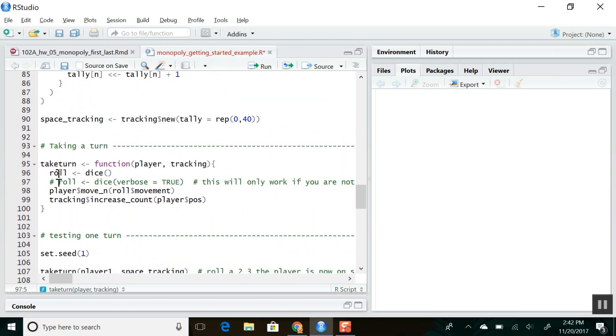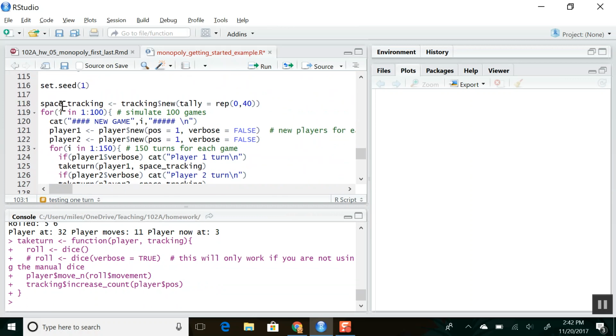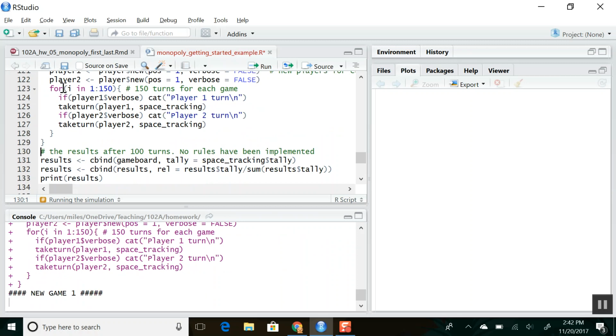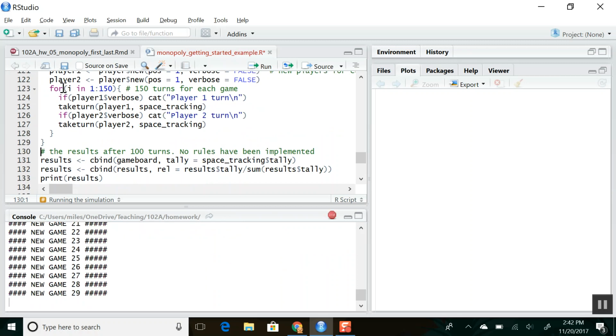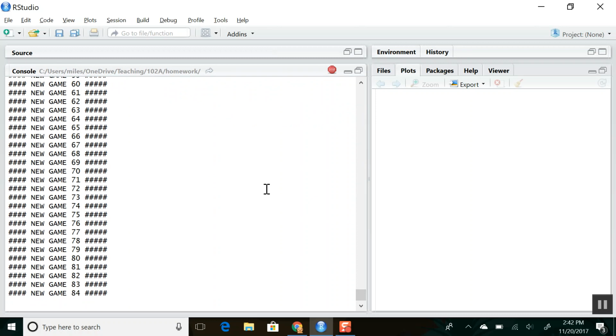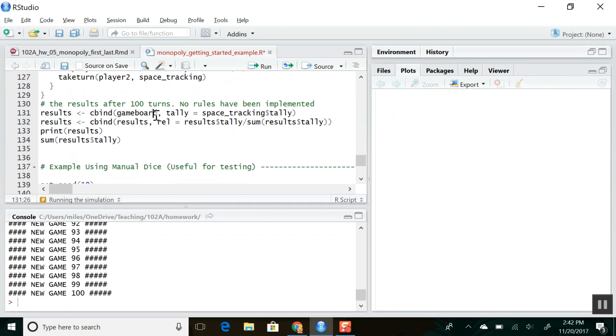So I'm going to set verbose to false. Okay, we're going to do that, and then we will set seed 1 here. Okay, so we'll do this. All right, so this is running through 100 games here. Okay, all right, so it's done after 100 games of 150 turns,